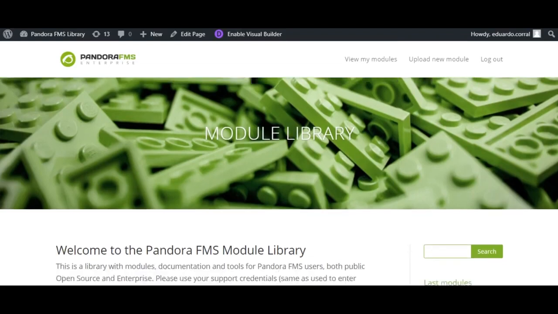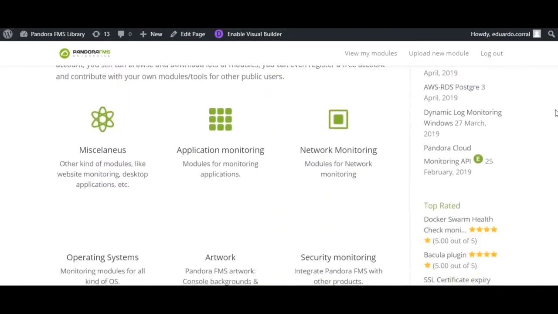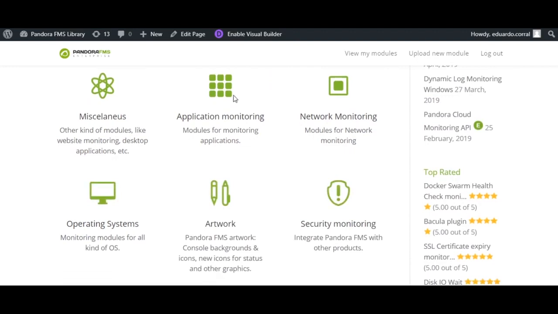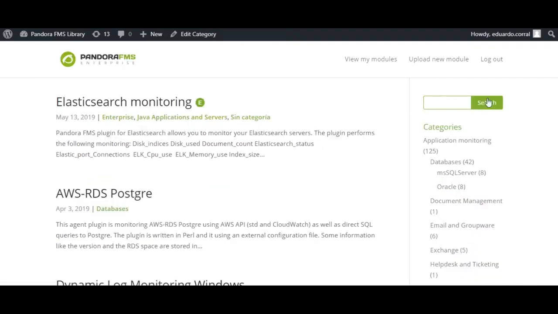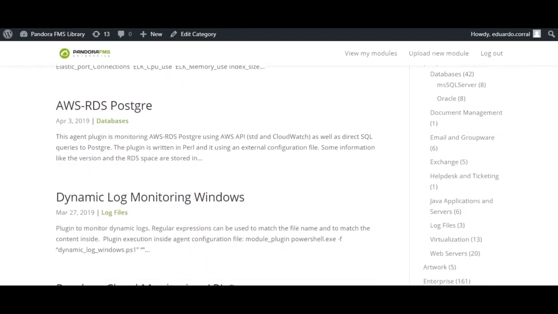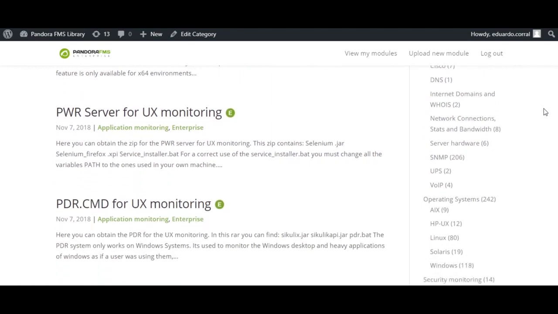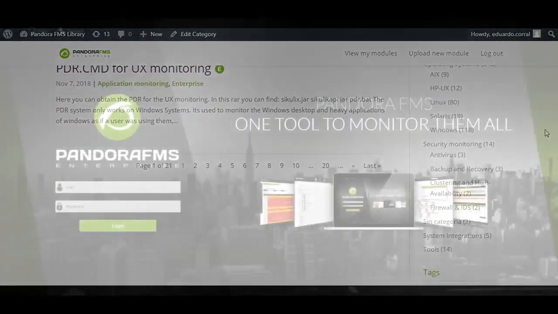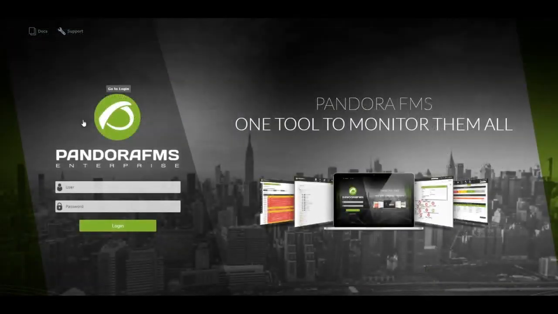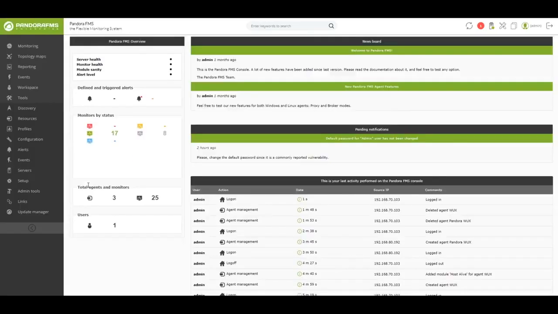Pandora FMS allows integration with different software such as Tomcat, Hyper-V, Oracle, or JBoss. Additionally, you will have access to a library of plugins where you can find different developments to allow integration with other software. Pandora FMS home screen allows us to see by default a summary of the state of our servers,